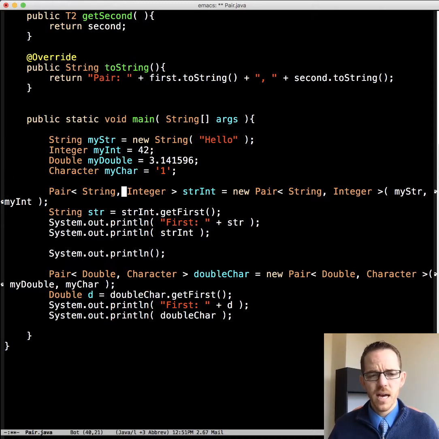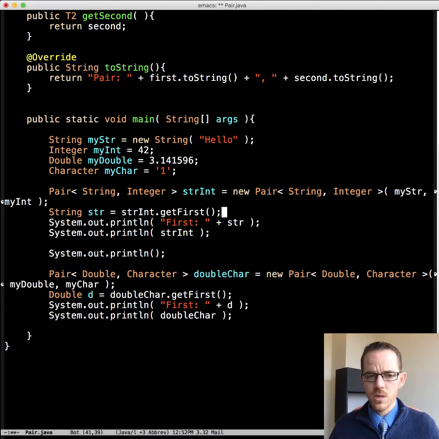Now when we specify I want a pair object, we have to say, well, what kind of object do you want? Well, I want a string integer kind of pair, to specify what those types are. And notice we specify them not only here on the left, but also here after new and the class name, we specify them as well. To me, I think of them as the new type. And so our data type now is pair with string integer, and we need to specify that over here as well, just like we did with ArrayList.